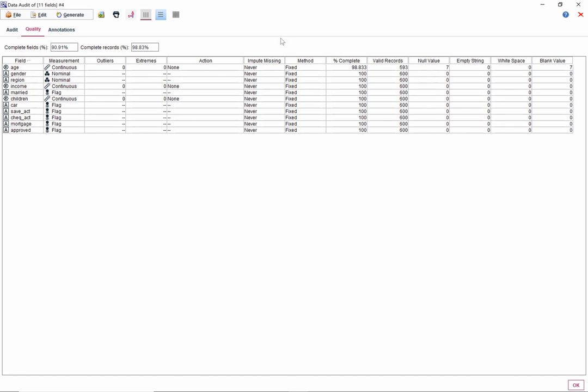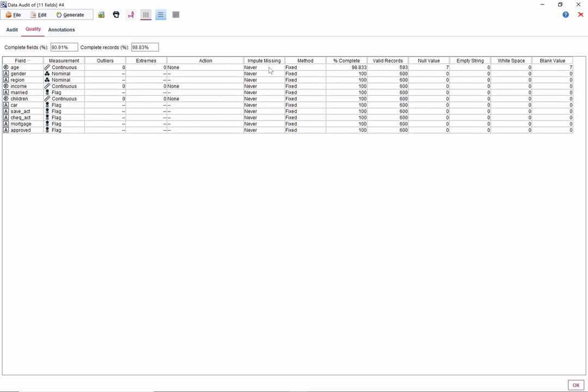The way that you do it is actually here. There are no nodes in IBM Modeler that can impute the data set. The way that you have to fix the missing values is basically here in the data audit node under the quality tab. For the field that has missing value,